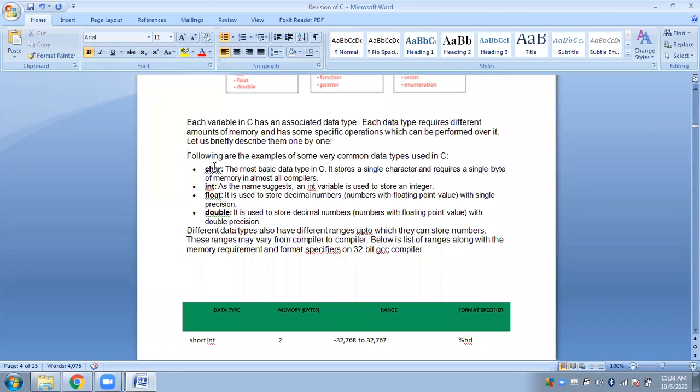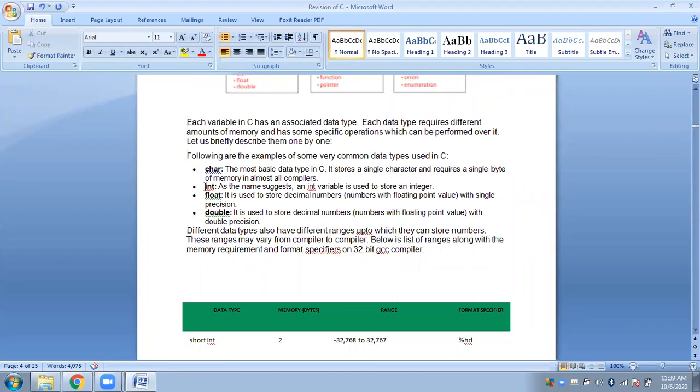So character represents data which is of only 1 byte. When you want to store a character, you have to remember that the character will be representing only a single byte. Single byte means 8 bits. So when you declare data as character, it will always represent 8 bits of data.